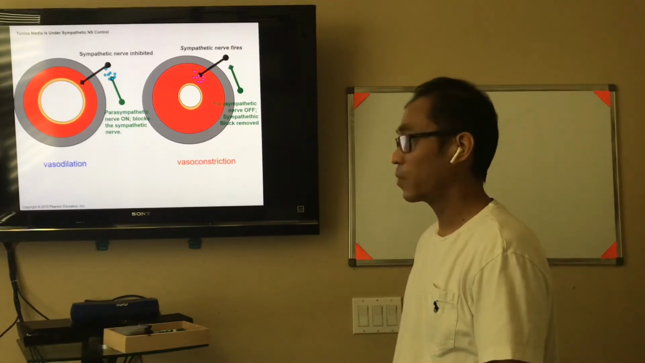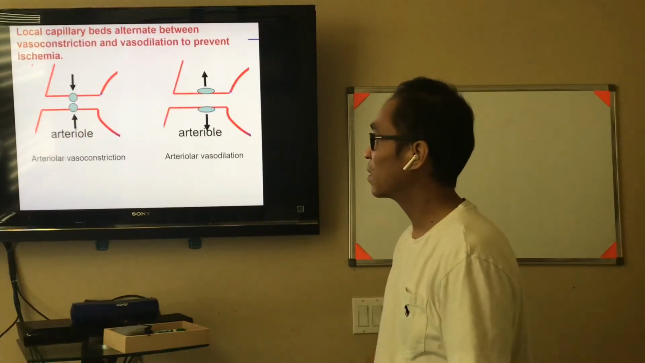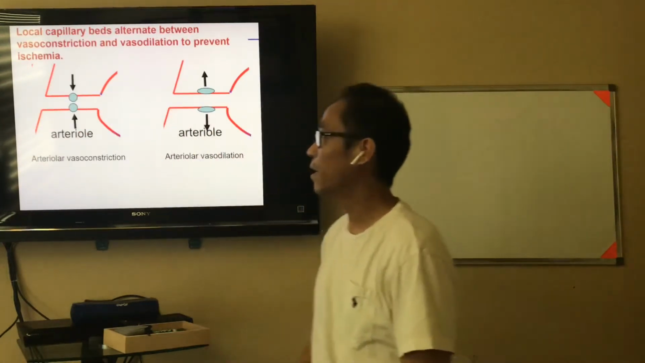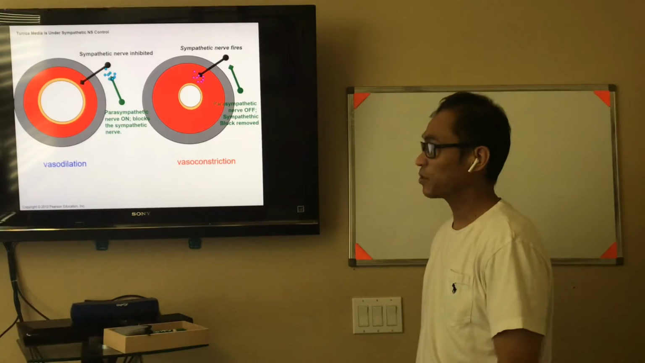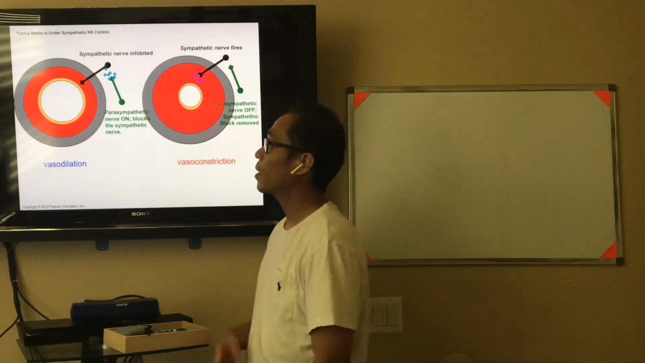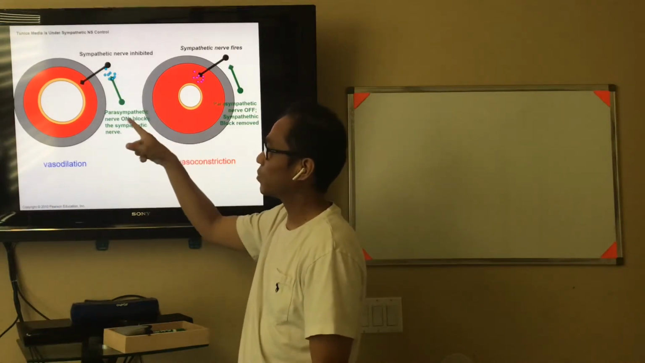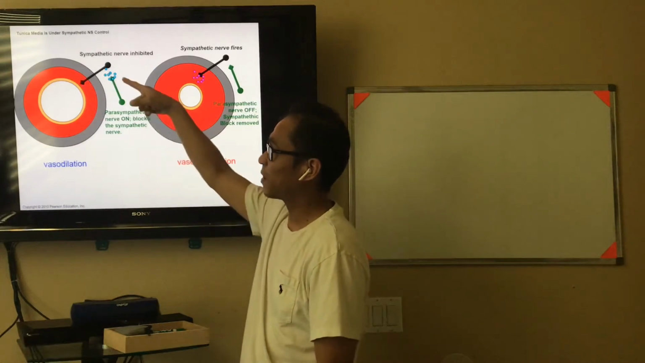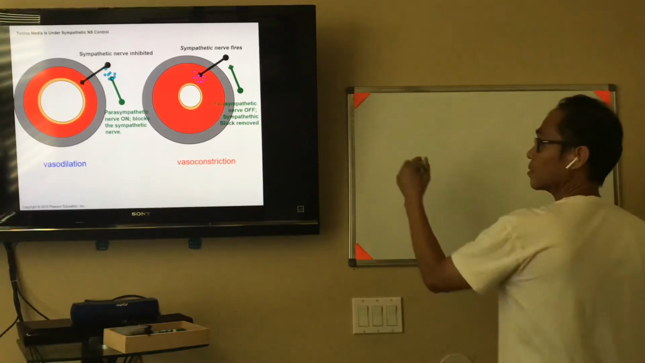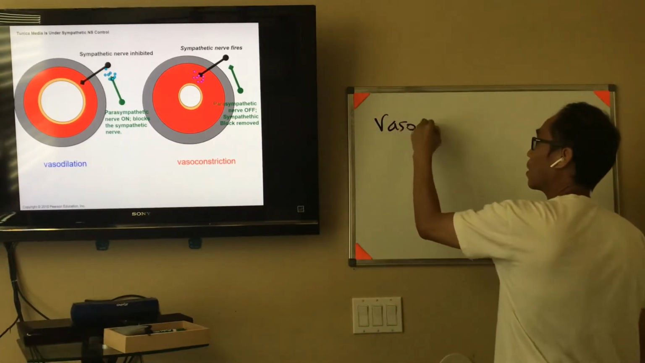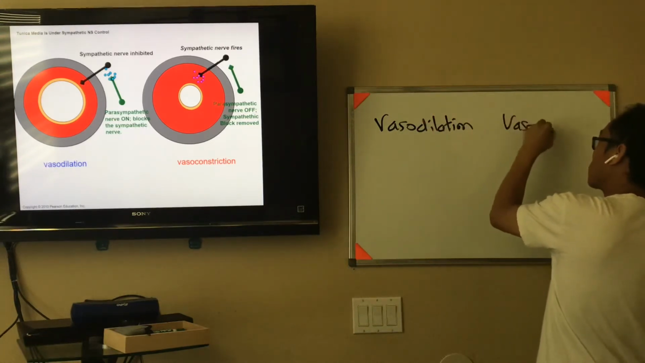So the basic idea here is what you're seeing in that previous slide, where you constrict and dilate. Okay, the same could be said for the extrinsic controls. For vasodilation, you turn off, you block that sympathetic input. Turn parasympathetic on, it blocks the sympathetic nerve, causing it to vasodilate. So compare vasodilation to vasoconstriction,